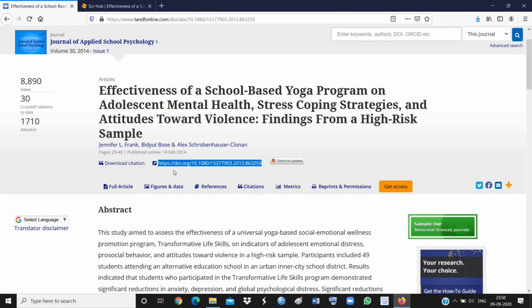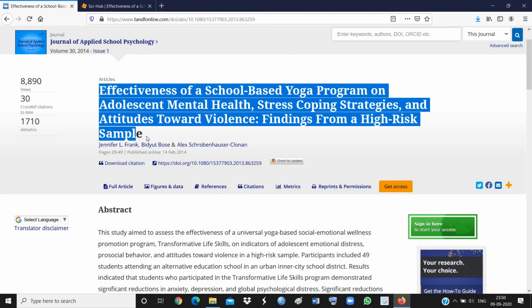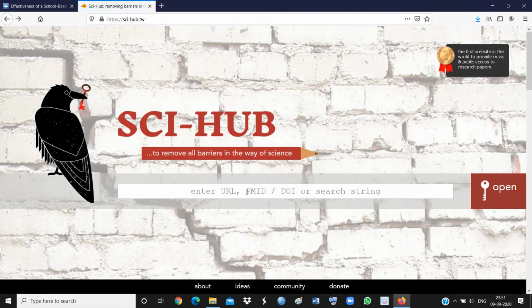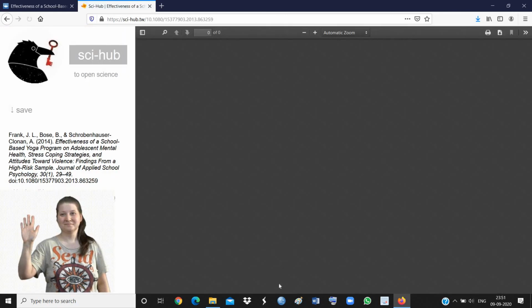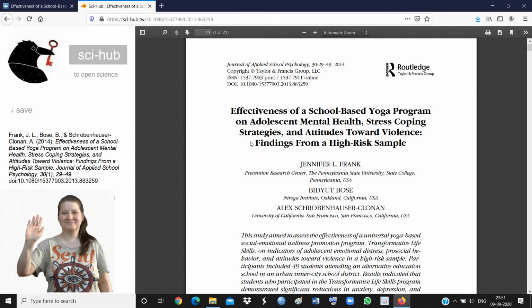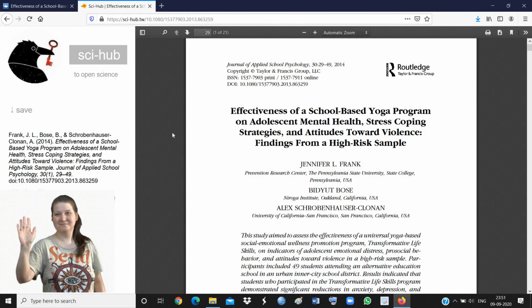In case the DOI number is missing, you can even type the title of the research article that you want to open into this Sci-Hub portal, and that way also you would be able to get the same result, right? Like I just did it, and I got the same kind of result that I got with the help of the DOI.